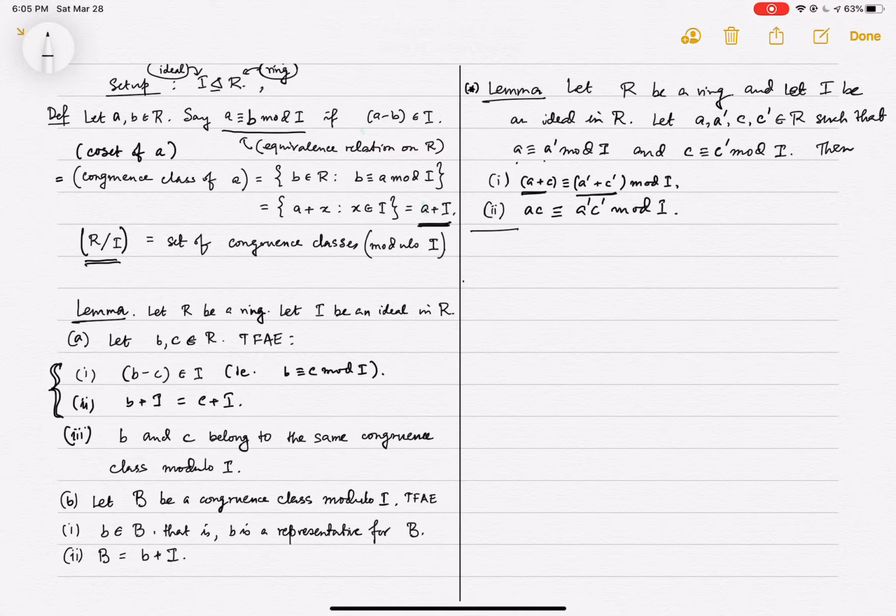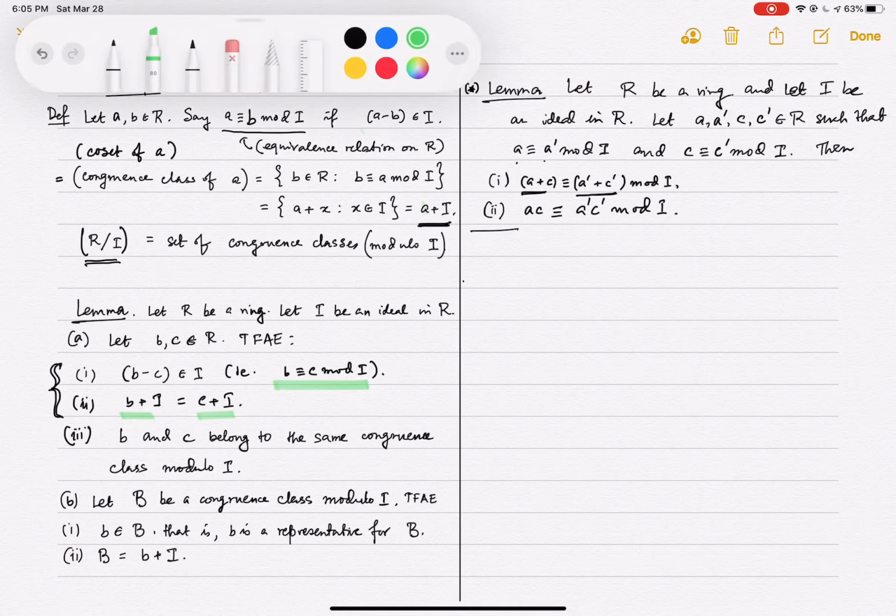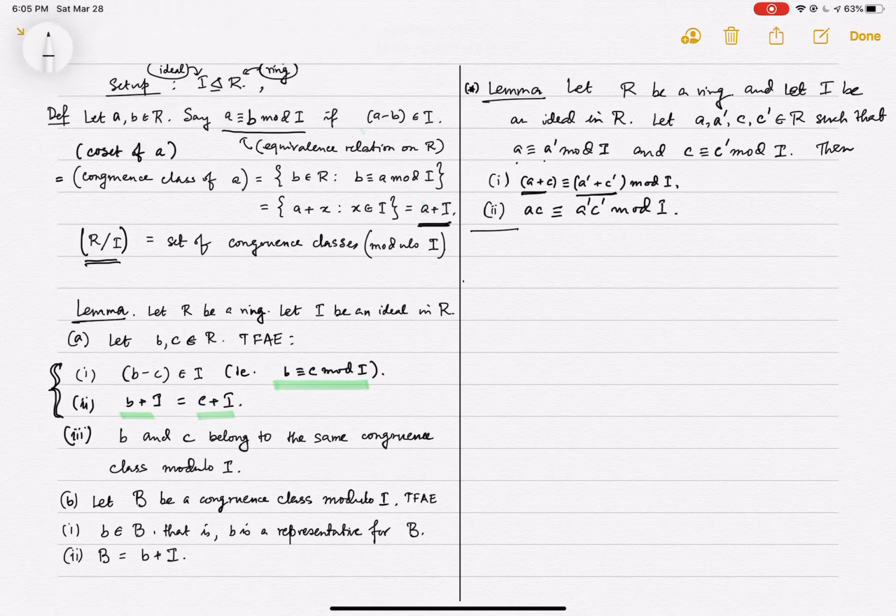If b and c are congruent, then the class of b is the same as the class of c, you see? So using that, the statement here, a plus c is congruent to a prime plus c prime mod I, is equivalent to saying that